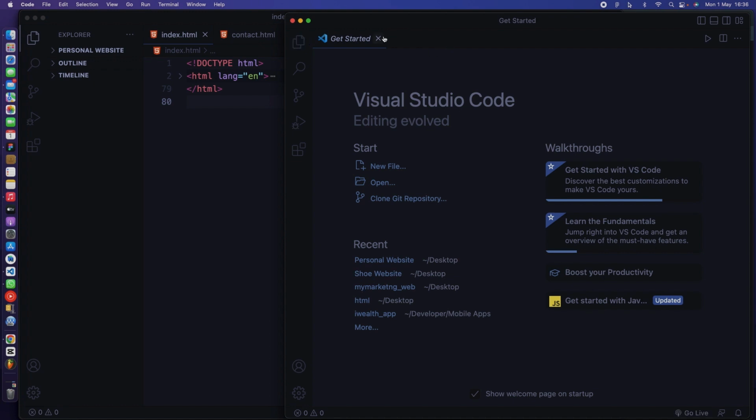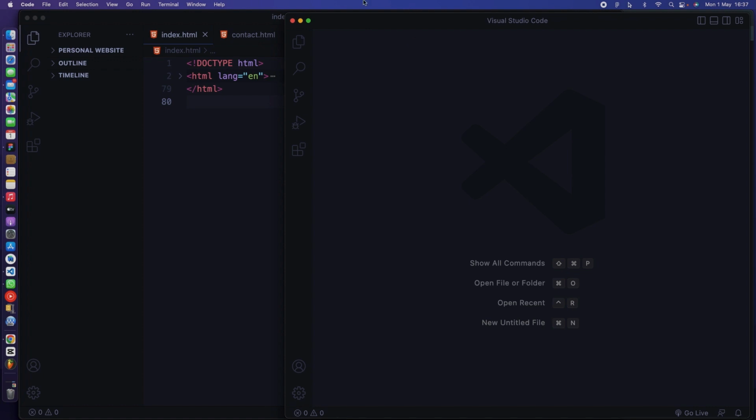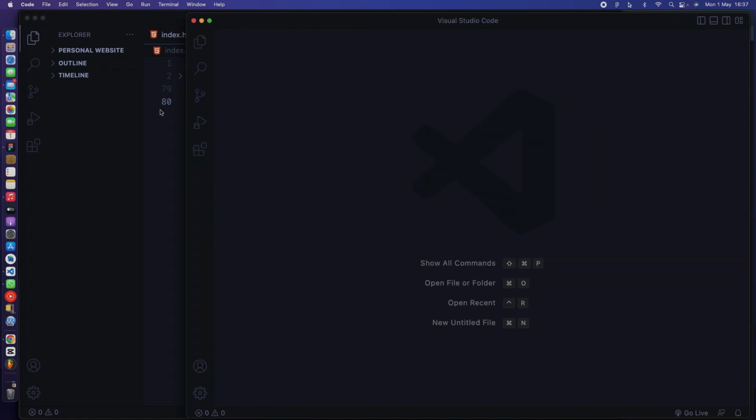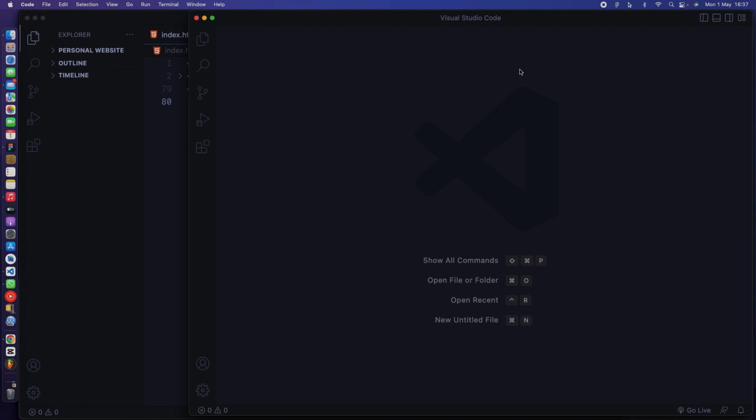So I want you to watch how I'm going to bring in the folder that I just created. The first thing I did was create a folder. I named it my personal website. Then I'm going to open my VS Code, which I just did,